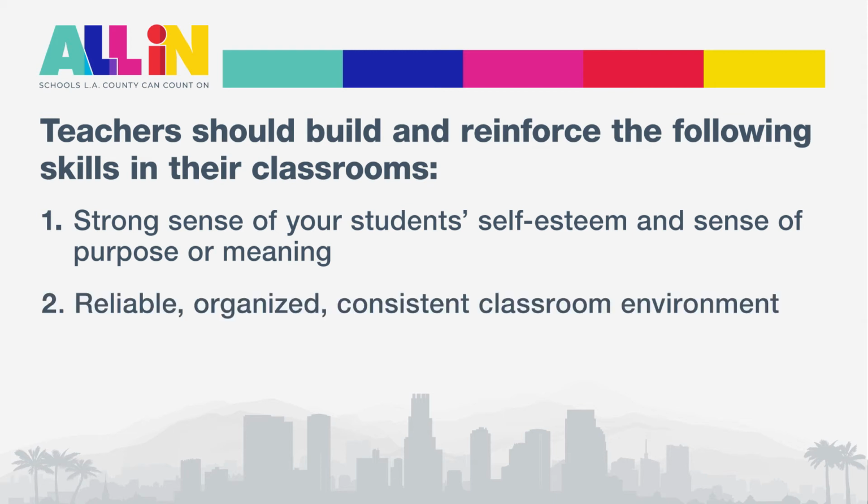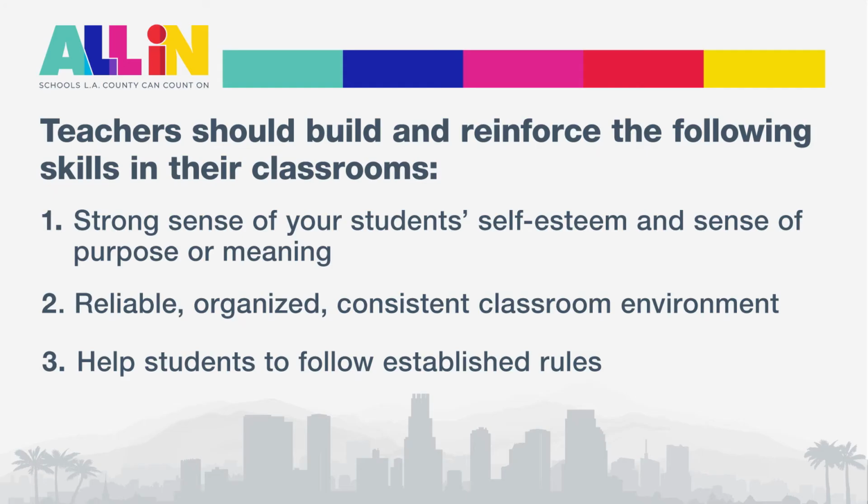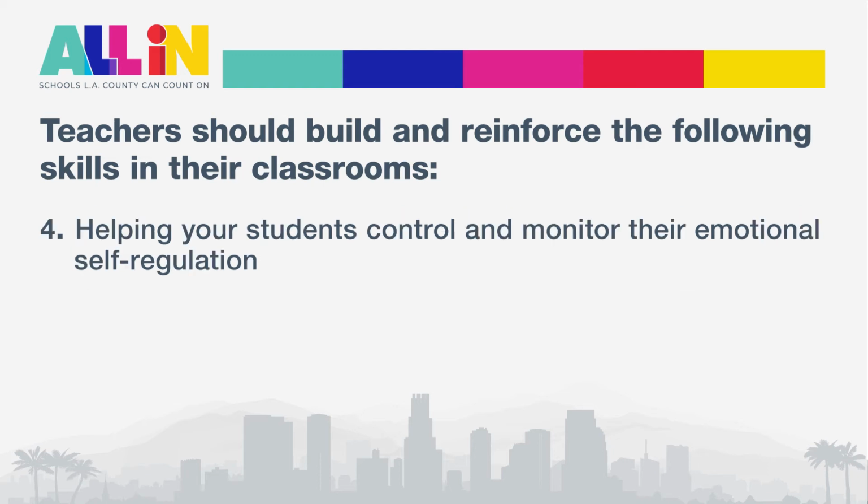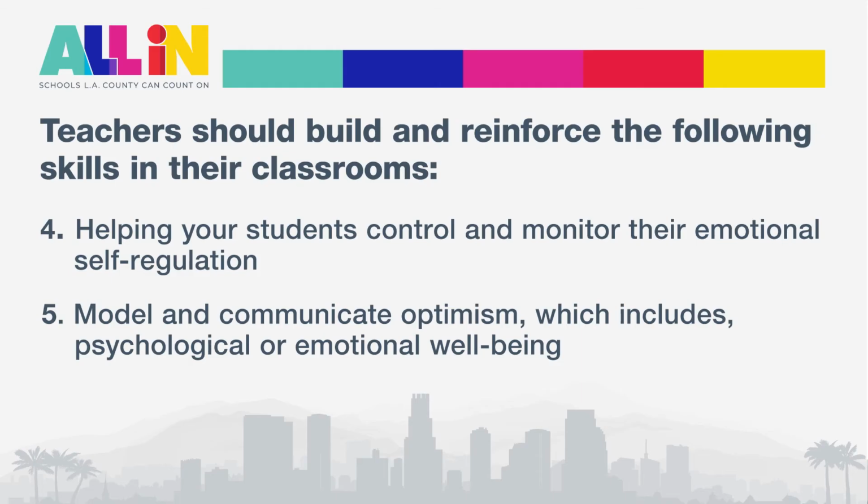Creating a classroom environment that is reliable, organized, and consistent when communicating your classroom expectations. Those expectations include discipline, establishing and helping your students follow rules, both in the classroom as well as while they're at school, helping your students control and monitor their emotional self-regulation while providing them opportunities to regulate, de-escalate, and even regroup. And then modeling and communicating optimism, which includes psychological or emotional well-being, the ability to stay positive, and being